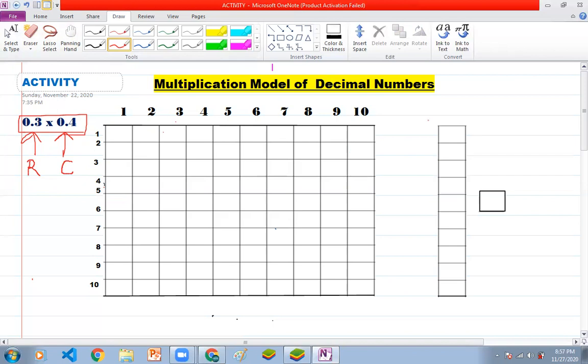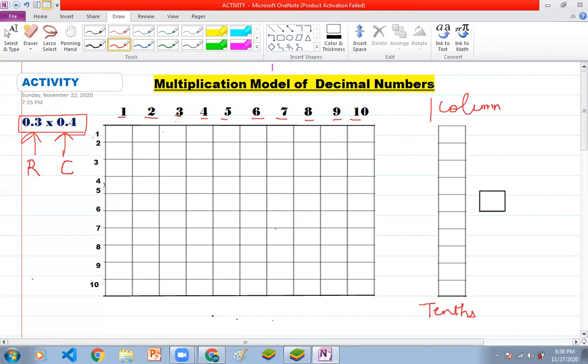For it, firstly, you need to understand that if you are taking a column, there are 10 blocks making one column, right? So if one column has 10 blocks, it is representing tenths, right? As you can see, I have taken 10 by 10 blocks and it is equal to 100 blocks. So how many columns are there? 1, 2, 3, 4, 5, 6, 7, 8, 9, 10. 10 columns, and each column is representing the tenths place.